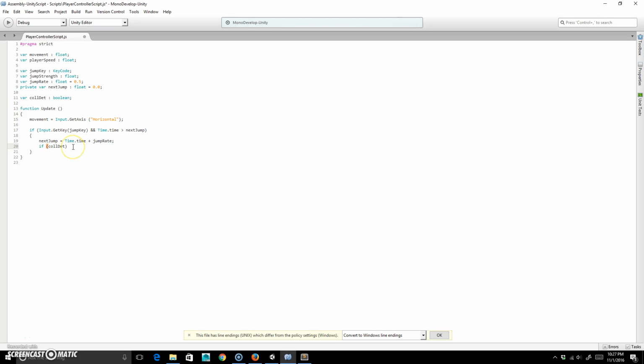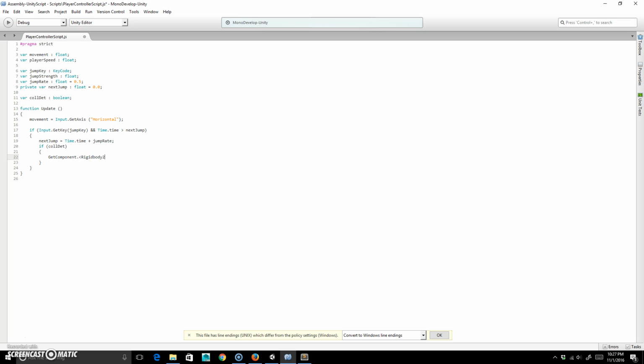So if collision detection is true, and just to make this a little bit easier, we'll say if it's colliding with a collision, we're just gonna go ahead and say boom, boom. I like to do both my brackets, and we're gonna say get component. So it's gonna get a component. In this case, it's going to be component dot, and we want to get the rigid body